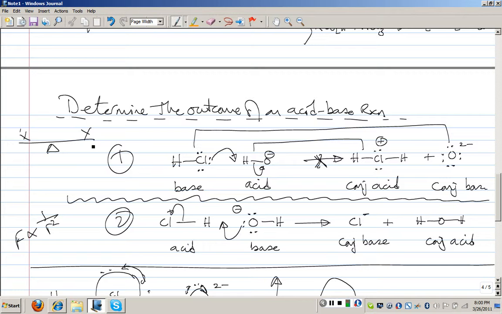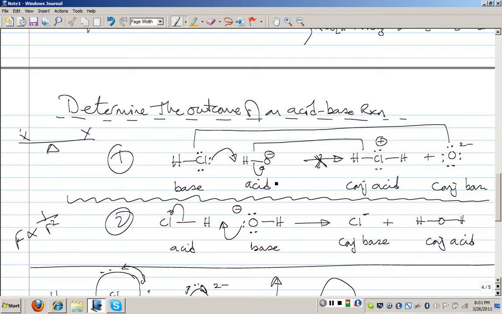So I'm not concerned about comparing HCl to hydroxide. That's irrelevant. I am concerned with comparing HCl as a base against the conjugate base. I am concerned with comparing hydroxide as an acid against the conjugate acid. So I am looking at equilibrium across the equation. That's issue one. Issue two is